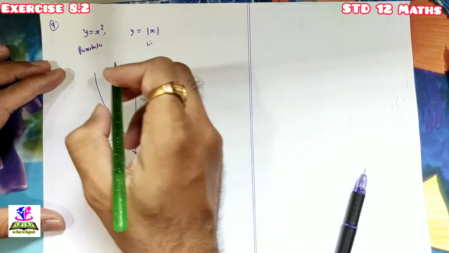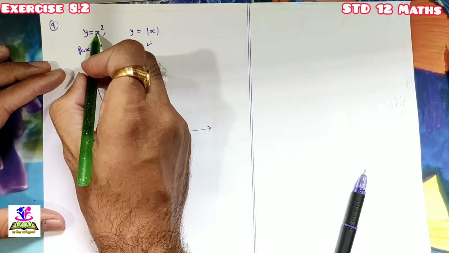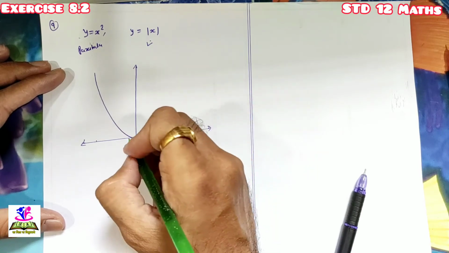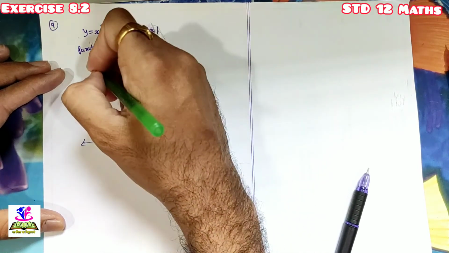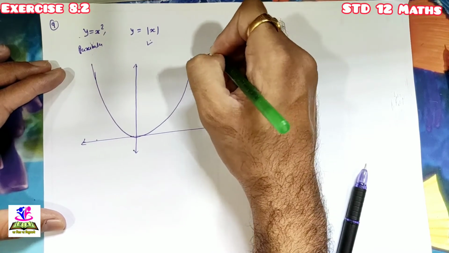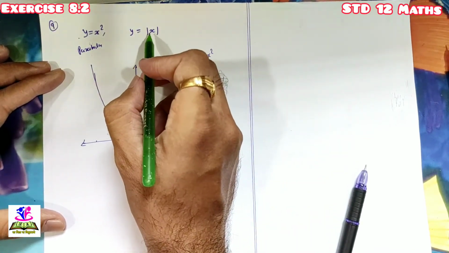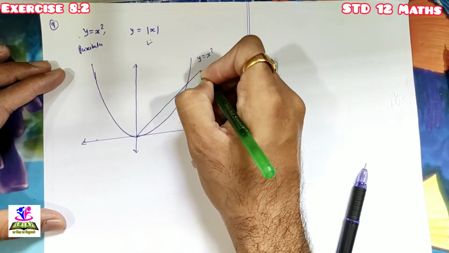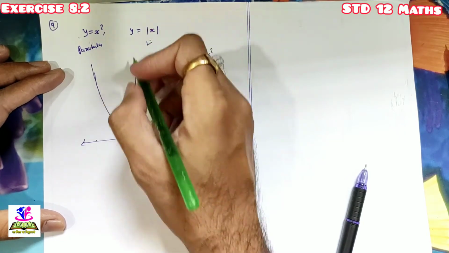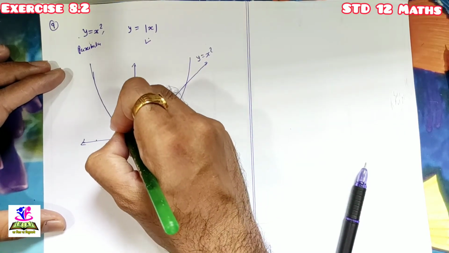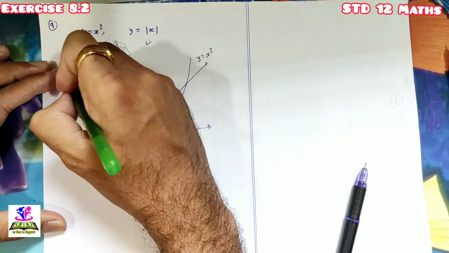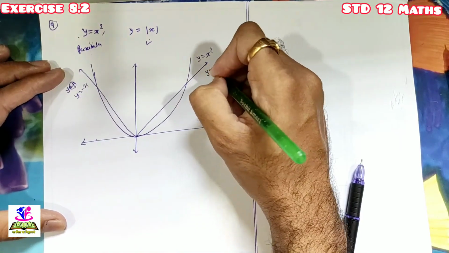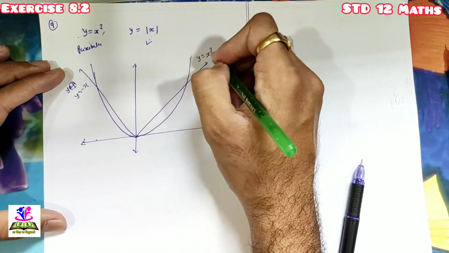This is a parabola. For plus or minus value of x, y is positive, so for plus and minus value of x, y is positive, so this is our parabola. This is the parabola y equal to x square and this is our modulus function. Done. For positive x, y will be positive, and for negative x, y is also positive. So this is the graph of the modulus function y equal to mod x, and here it will be y equal to minus x, and here y equal to plus x, and this is the graph of y equal to x square.